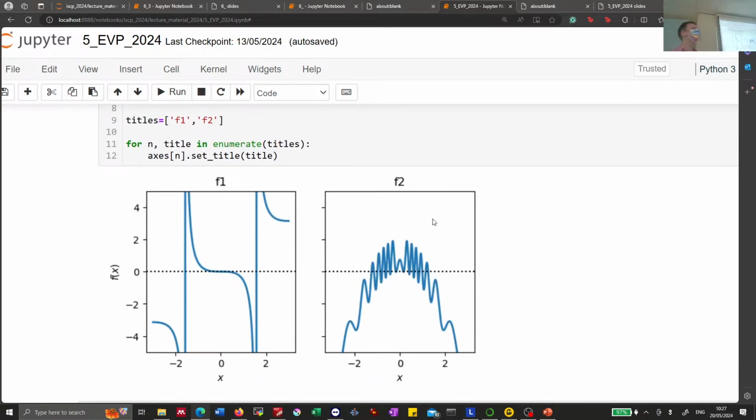F2. Plug it into Newton or bisection method. How do you know that you really get all of the crossings? That's a little bit difficult. So,